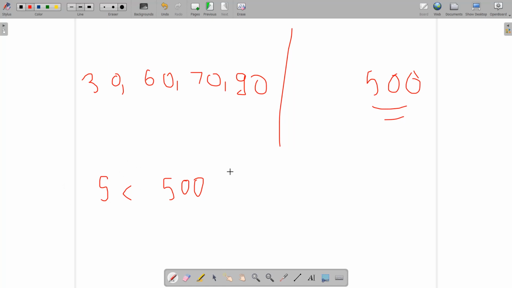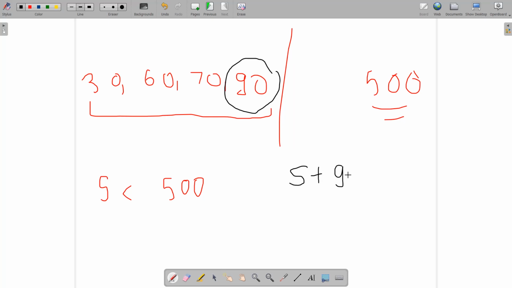And these are the previous gas values that the previous stations are going to provide. Then what is the best way, which value of gas provided by which station should I take? If S is the current amount of gas, then I need to make my S at least 500, right? So I will take out 90 first, then S becomes S plus 90. You must be wondering why I should take 90: because taking a greater value increases the probability of reaching at least the value of this station, that is 500.